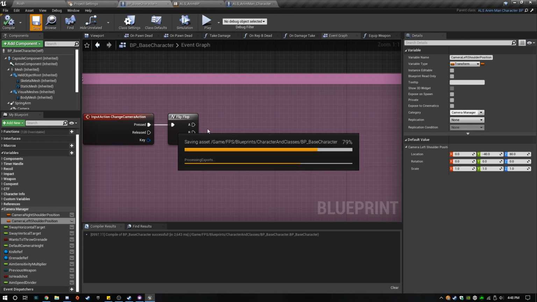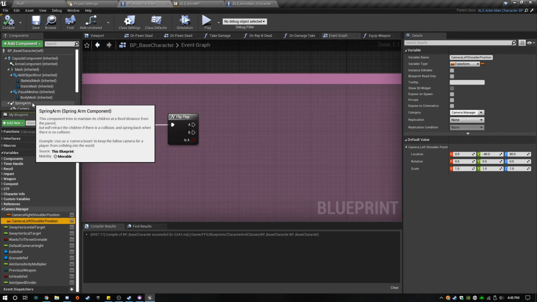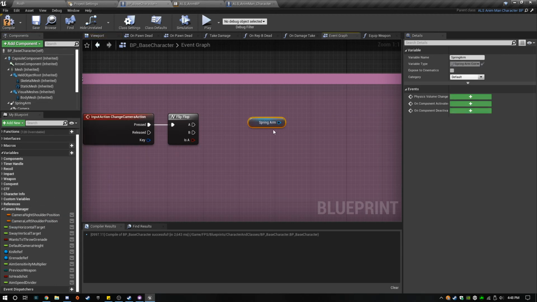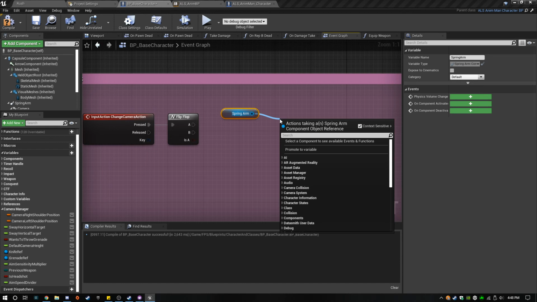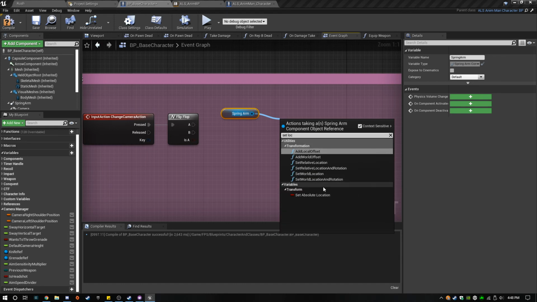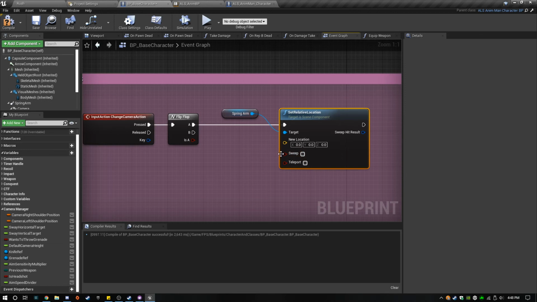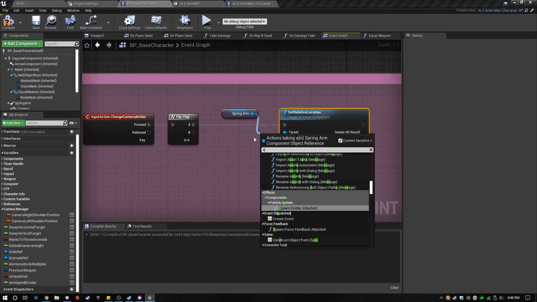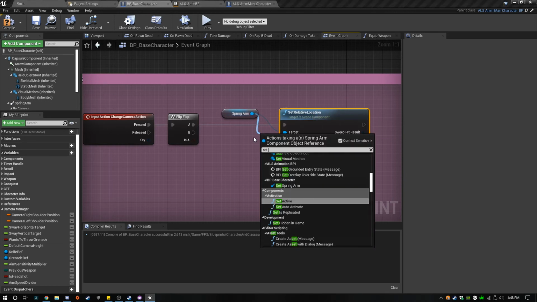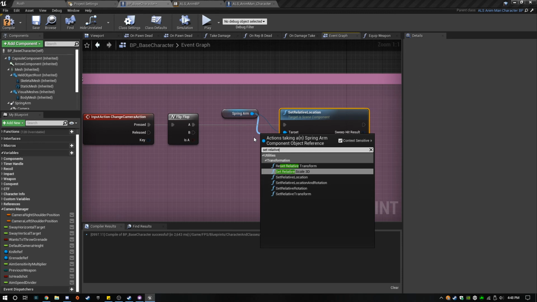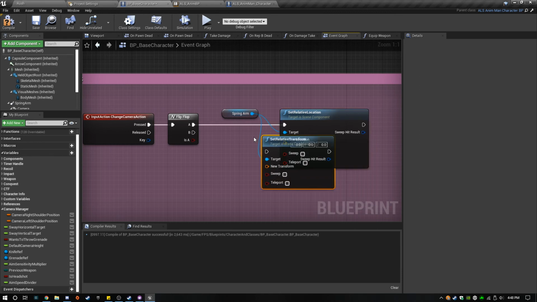Compile and save that. And then super easy. We're controlling everything from the spring arm, just so the camera has a little bit more control. We're not going to do the camera directly. And we're going to set the relative location here. I'm sorry, not location. We're going to set the relative transform.